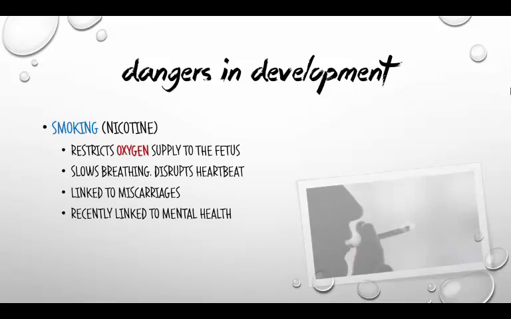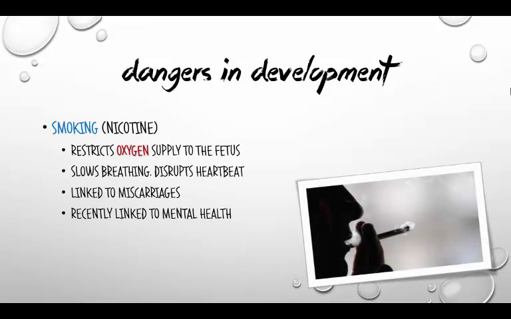Other common teratogens: smoking, specifically nicotine. Nicotine is a substance that, 1, is both highly addictive, and 2, functions by restricting oxygen. It basically constricts blood vessels. Well, if you deprive your body of oxygen, you're then depriving your child of oxygen since they're not breathing. Smoking has been linked to miscarriages. It has been linked to premature births. And recently we found that women who smoked during their pregnancy, their children were more likely to be diagnosed with a mental illness than those who did not.